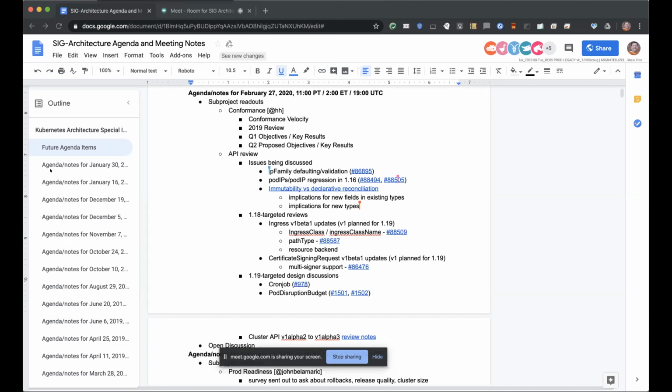Yeah. And the thing I'm maybe 100% more interested in is the implications for new types. What is our recommendation going forward? Should we really try not to add immutable fields if possible? I think immutable fields have been sort of an easy button because it lets you not worry about reconciliation and skip a whole category of consistency issues.